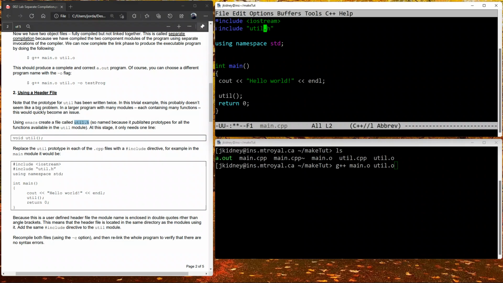Here what's important is we will have the include like we've seen before with the hash, but we do not use the angle brackets anymore, which define that it's a built-in library that's installed properly for C++ in the compiler. Instead, we're including it in double quotes, and what this means is look in the current directory where this file is located and include the file called util.h. So if we save this here,